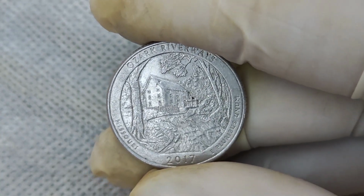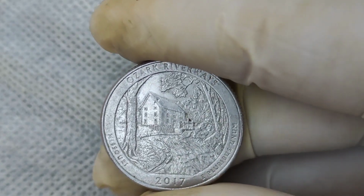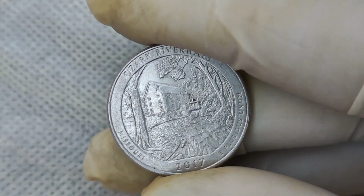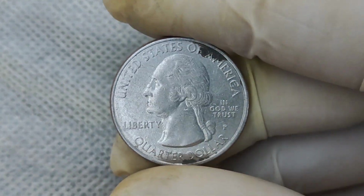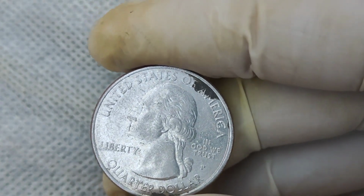Another important factor to consider is the condition of the coin. Coins that have been kept in mint condition or carefully stored in protective sleeves or holders are worth more than those that are heavily worn or damaged. The value of a coin can fluctuate based on its grade, which is determined by factors such as wear,